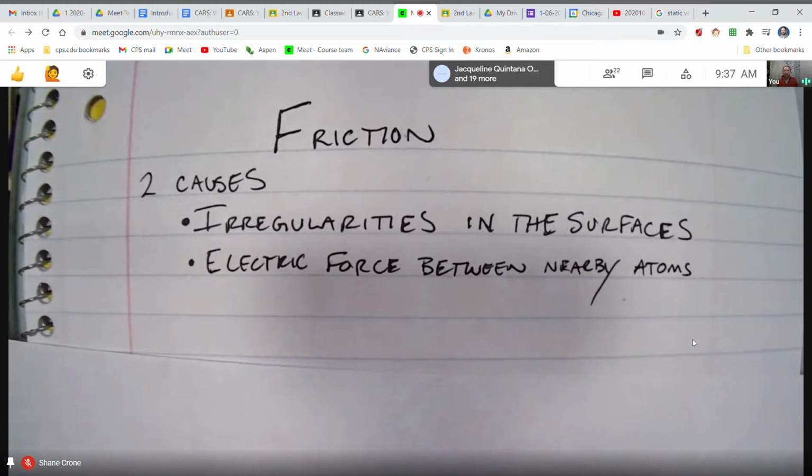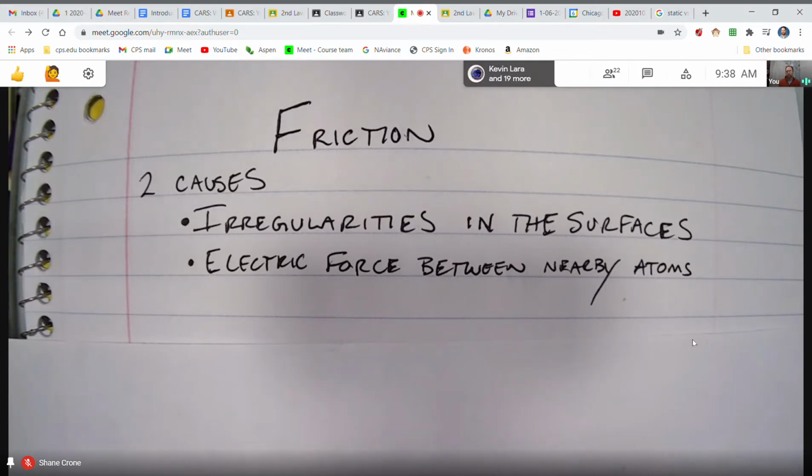All right, ladies and gentlemen, let's talk about friction a little bit more deeply. This is an incredibly complex topic, actually, believe it or not, even though everything that I'm going to teach you is old stuff from like 100 years ago. In fact, some of the stuff I'm going to show you right now is from almost 400 years ago. People figured this out, but even today people still investigate friction because it's quite a complex thing as to what causes the frictional force between two surfaces. But ultimately, one of the things is the irregularities in the surface.